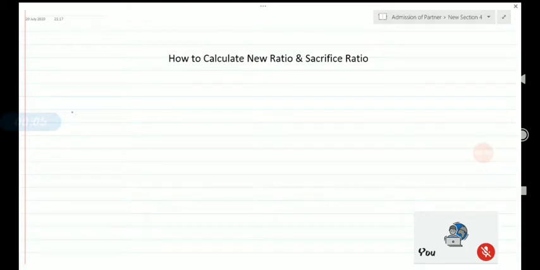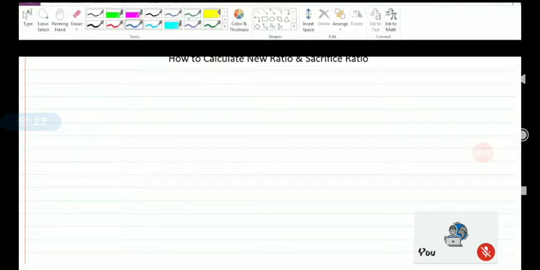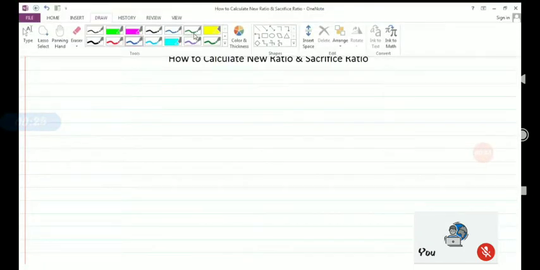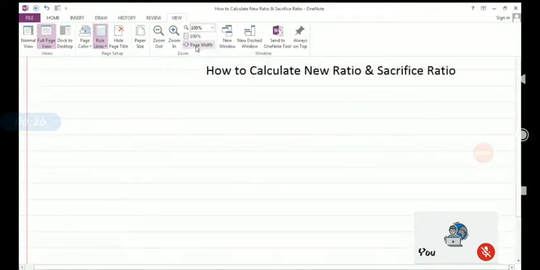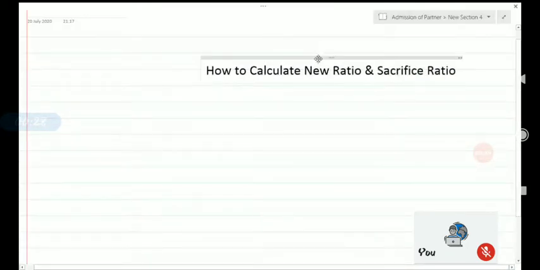Hello friends, in this video we are going to learn how you should calculate the new ratio as well as the sacrifice ratio at the time of admission of a partner into the firm. Now the basic thing is that lots of times students get confused about how we should calculate the sacrifice ratio as well as the new ratio of the incoming partner,